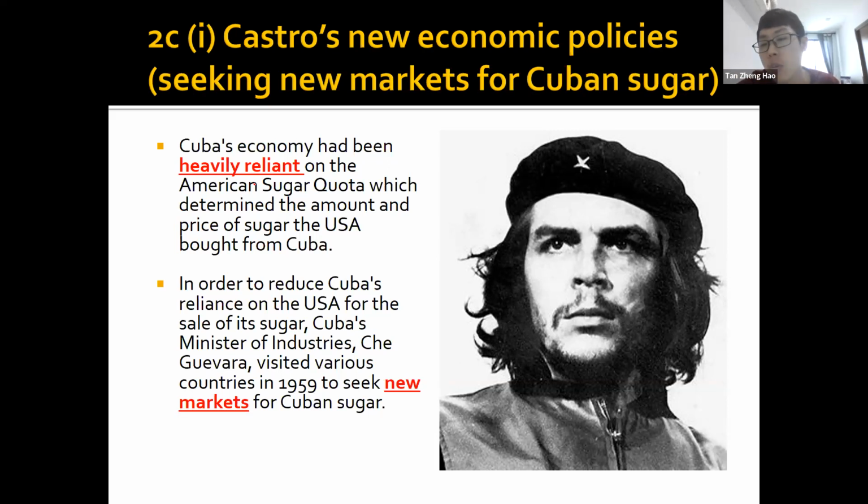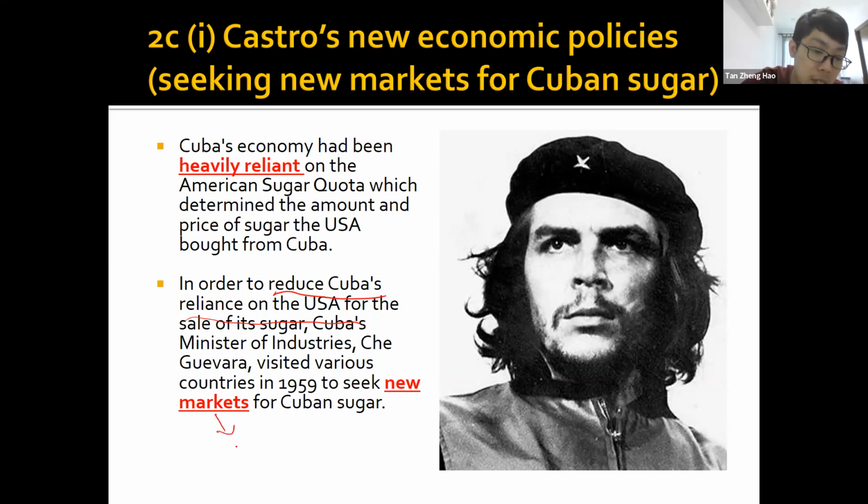So in order to make sure that I can sell at a better price, Castro realized he needs to reduce Cuba's reliance on the USA. If the USA are not paying good money for my Cuban sugar, for my Cuban tobacco, I want to make sure I can sell it to other countries that can pay me better. So what he did was he tried to visit many other countries to seek